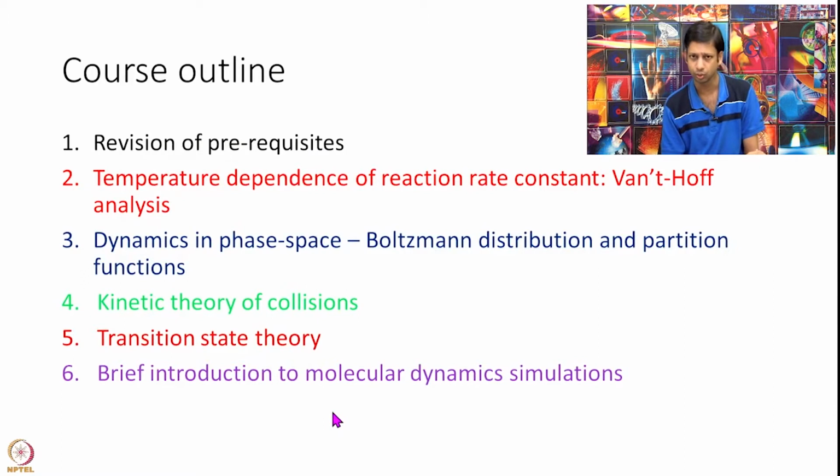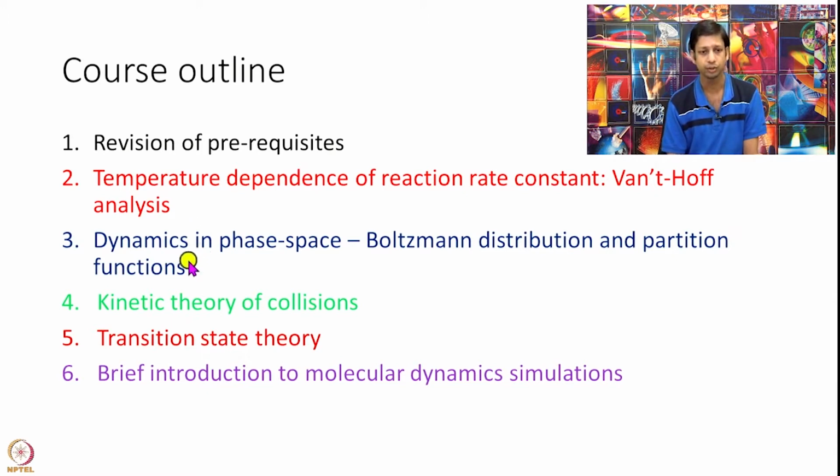So, to give you a clear cut outline, we will start with a revision of the prerequisites, particularly of chemical kinetics. We will start by defining rate formally, we will work out how to write rate equations and all. After that, we will move on to understanding how to calculate rate constant. Particularly, we will start with Van 't Hoff's and Arrhenius' analysis. These are the two people who really started the field of chemical kinetics. It is late 1800s, beautiful work, and back then they had written very fundamental equations on how rate constant changes with temperature. So, we will look at that analysis as part of this course.